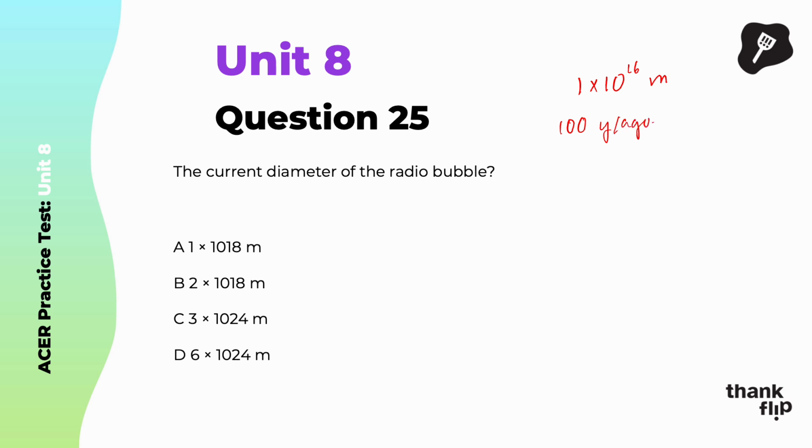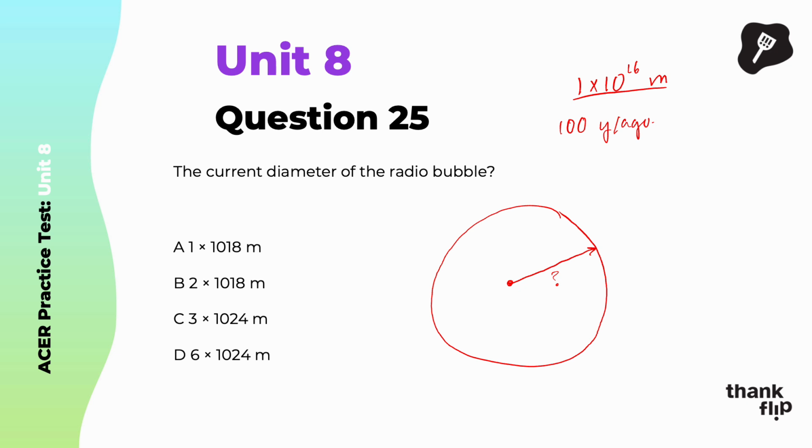Question 25 is asking us what the current diameter of the radio bubble would be. So say that this point here is Earth, and this is the radio bubble, right? And over 100 years, our radiation has traveled this far. Right? So we want to figure out how far this is. So the speed of light is 1 times 10 to the power of 16 meters. So that's how far light can travel